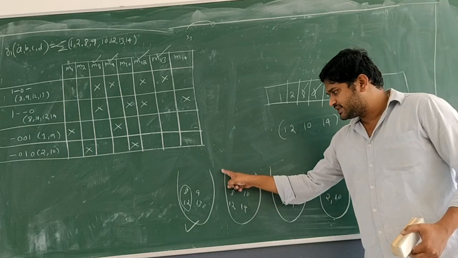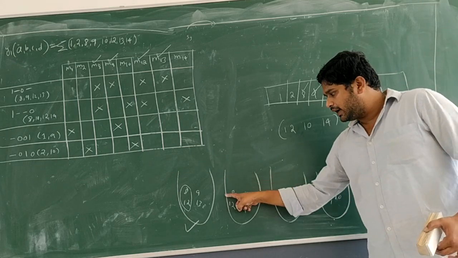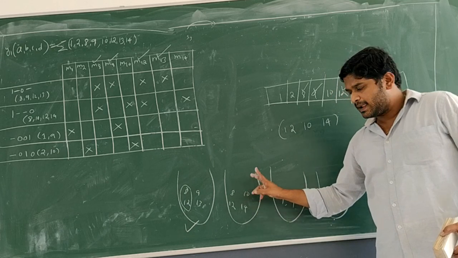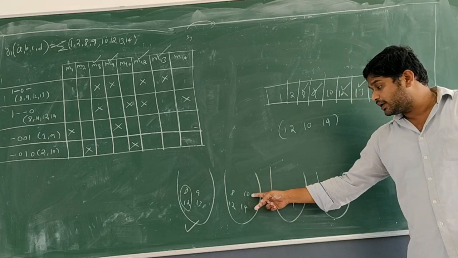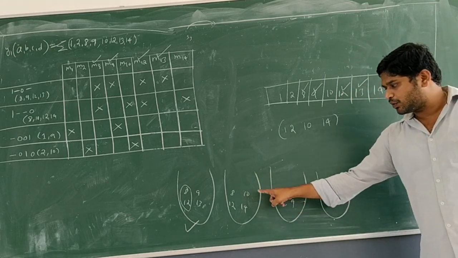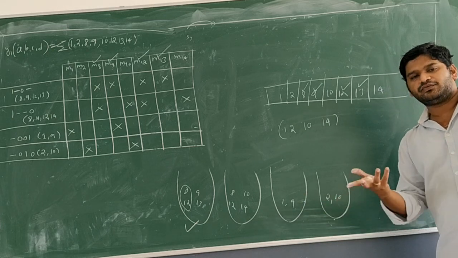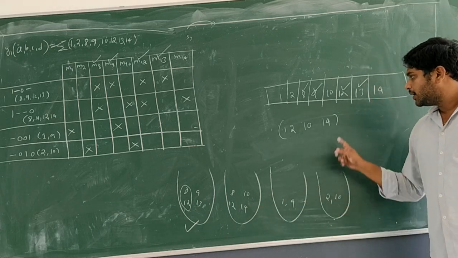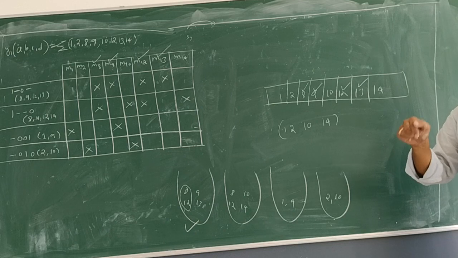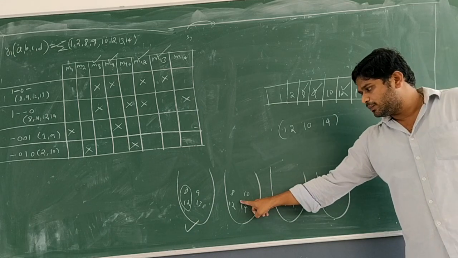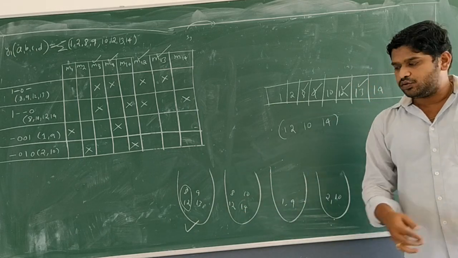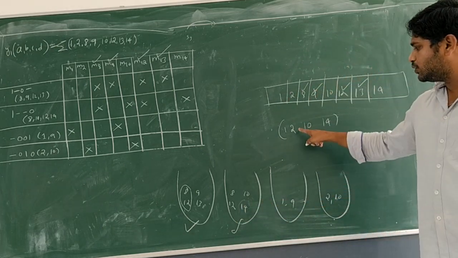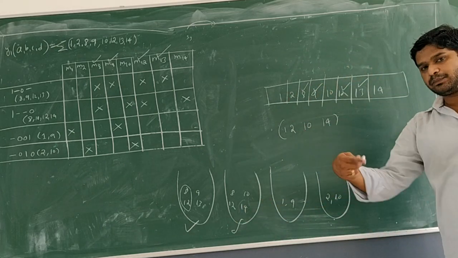If you skip the second bag thinking 8 and 12 I already have, the 10 and 14 you will not get. Probably you may get a 10 here, but 14 is nowhere available. By the end we should have 14. So because of this 14, we have to take this bag,